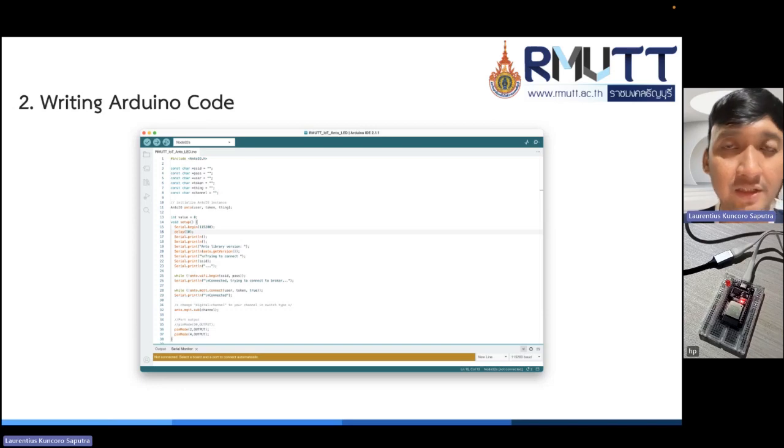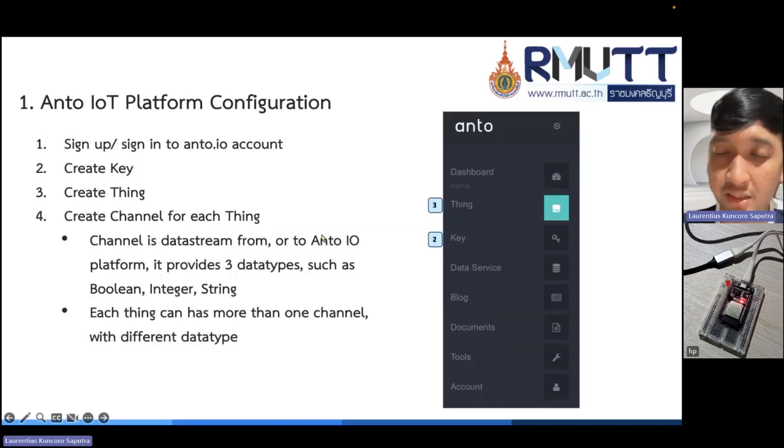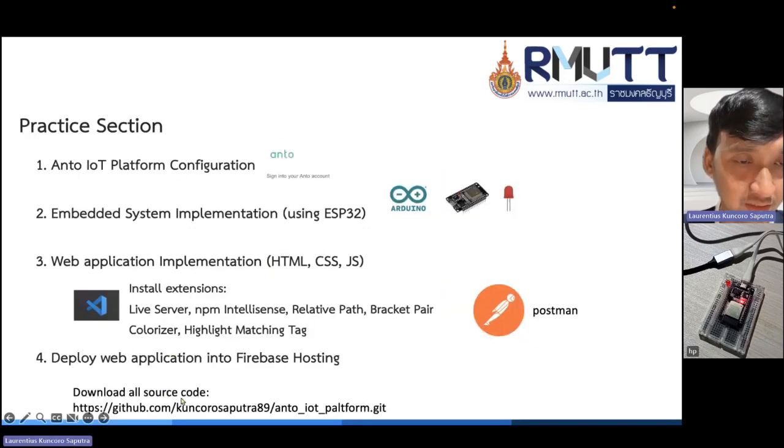We are already done with this, and we can continue to writing the Arduino code. I already prepared the code, and you can download it or see my code at this link. I already put my code on GitHub. You can find it by searching with this URL.